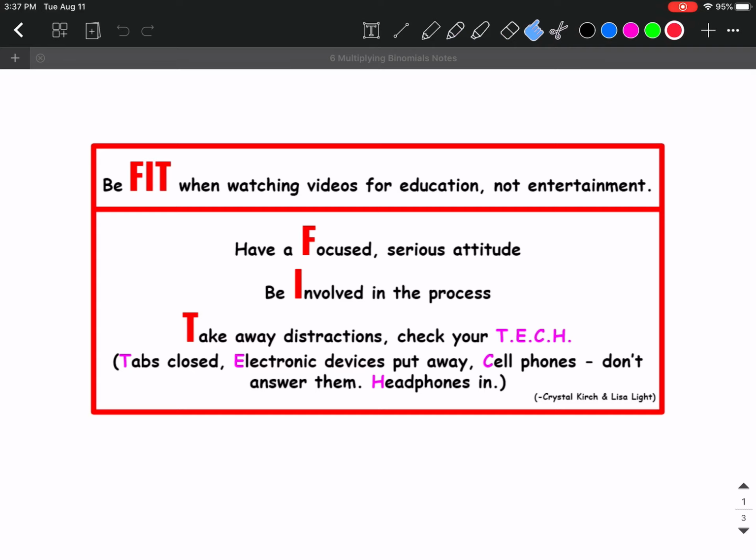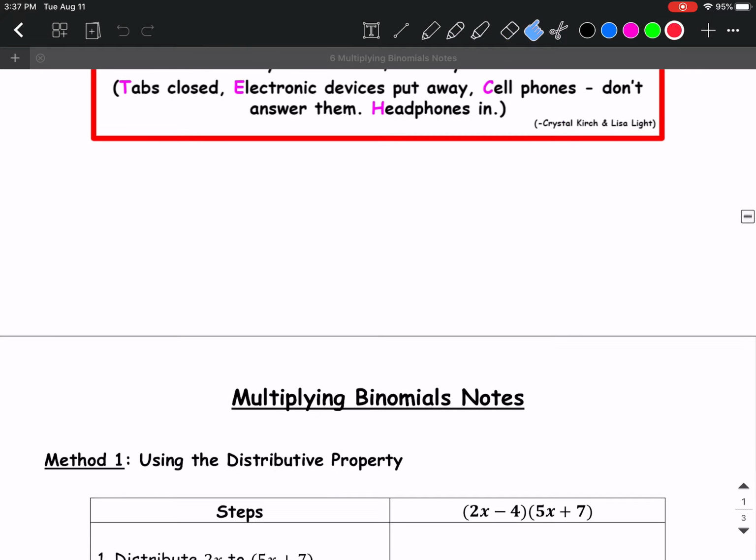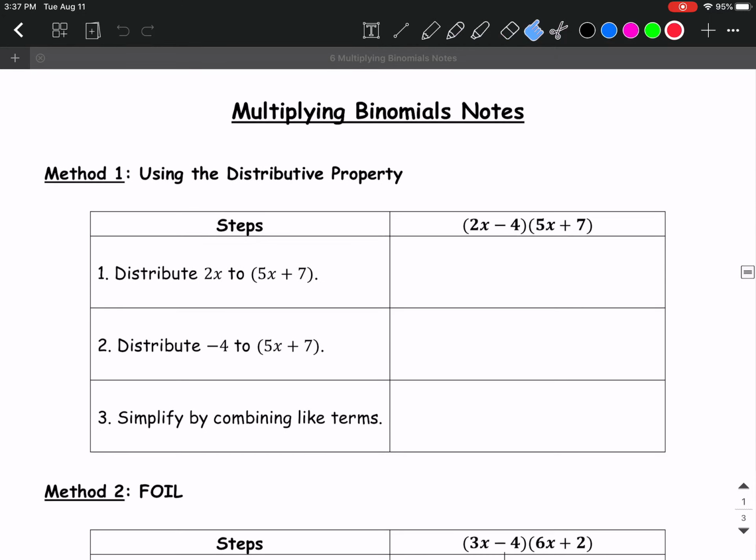Now before we get started, make sure you have your notes sheet ready to go and that you have checked your tech. Okay, again, tabs closed, electronic devices put away, cell phones, don't answer them, and headphones in if they're going to help you focus. All right, now that you're settled and you're ready to go, let's take a look at multiplying